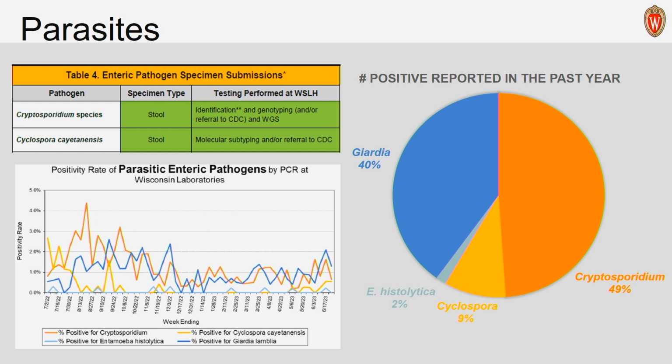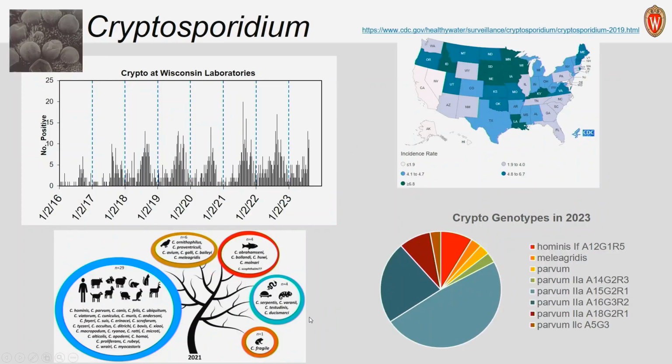Now into our parasites. We're a pretty hot spot in the country for Cryptosporidium, but we do see a lot of Giardia here as well, and a little bit of Cyclospora and Entamoeba histolytica. These are more summer pathogens, parasites as well, but you can see them pop up at other times of year too. And they're often associated with outbreaks, which is why we monitor for these compared to some